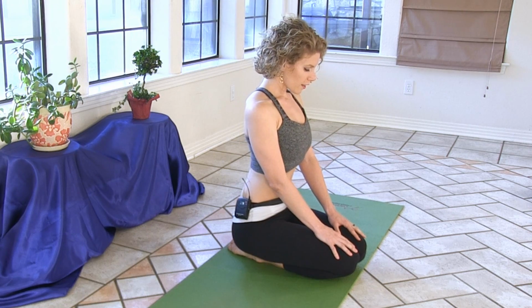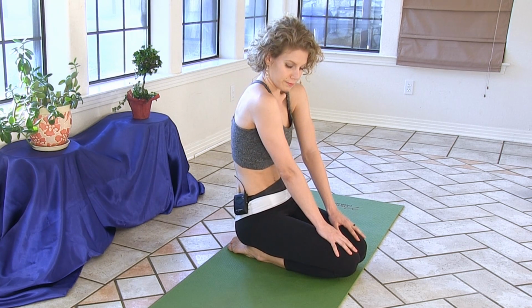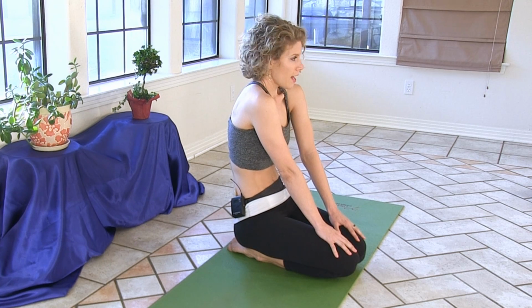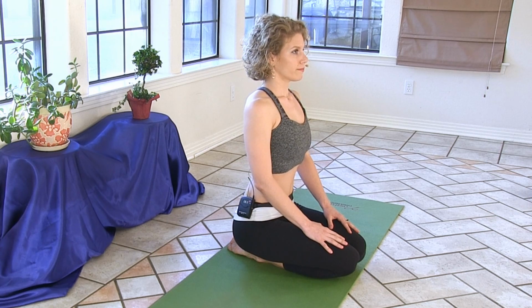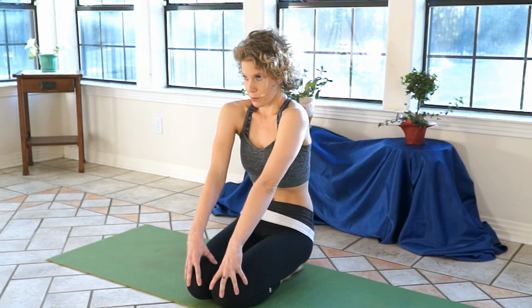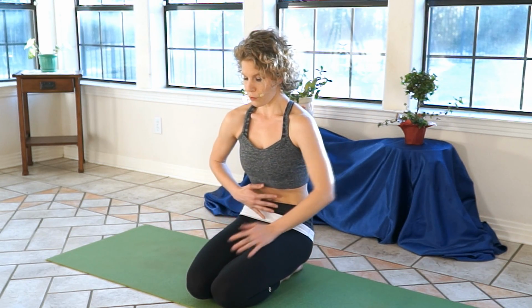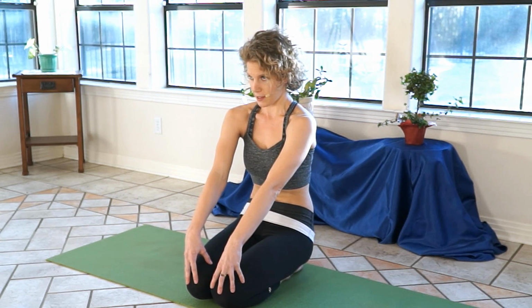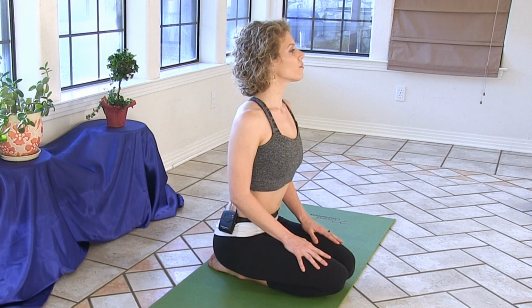So in our seat, you're going to exhale and draw your navel in towards your spine. And then release and stand nice and tall. Again, exhale. Draw your navel into your spine so you're gripping your sitting bones, sliding your tailbone forward and pulling your belly back. And then relax and sit up tall. So this you can continue,